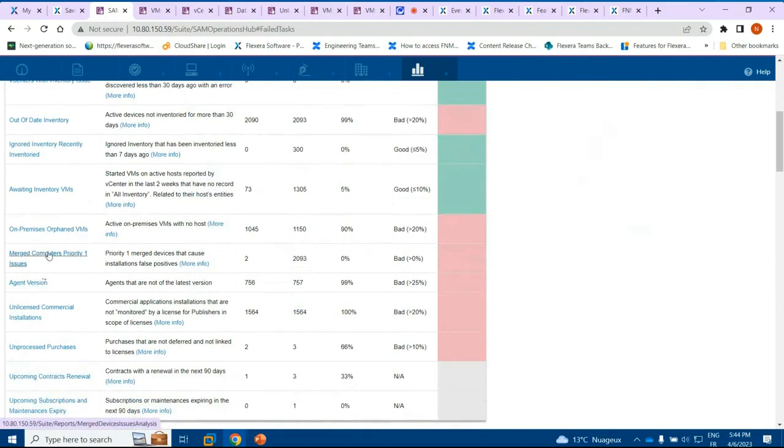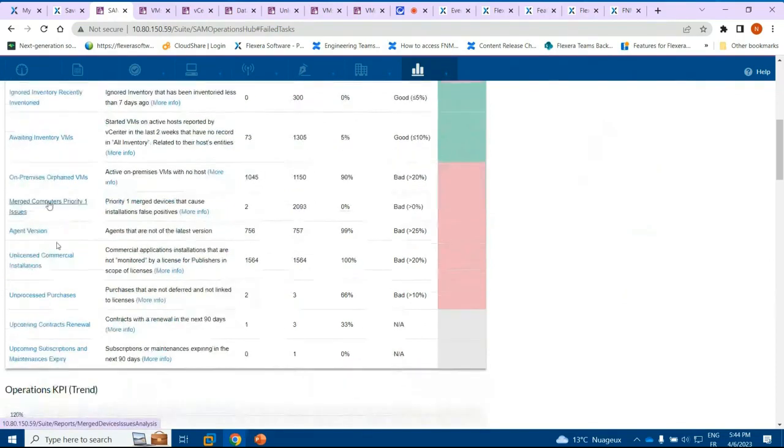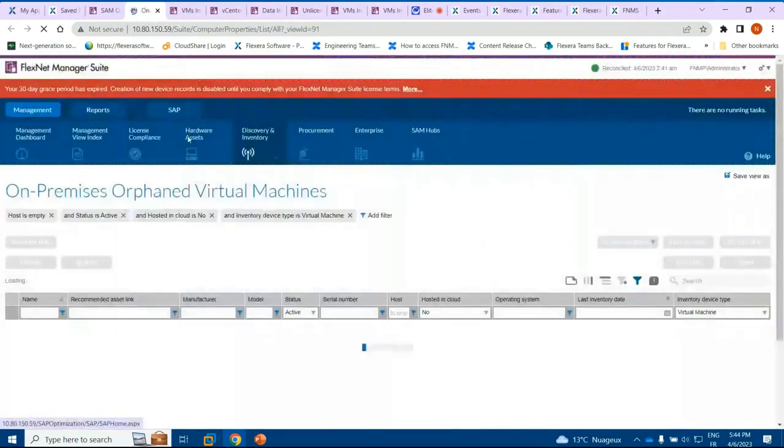This topic is a little bit complex. I will not spend too much time, but what you can do is check the documentation. It can happen that the same device comes twice from inventory. So it could be coming from SCCM and the FlexNet agent. And in that case, the report, which is here, I will run the report. The report will actually catch